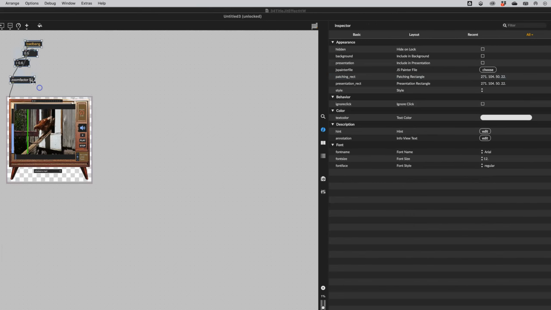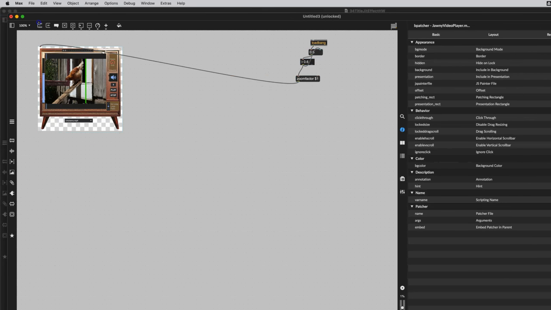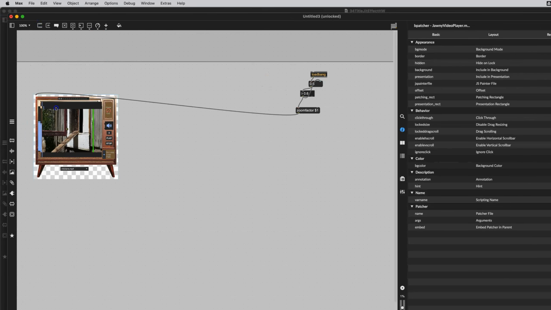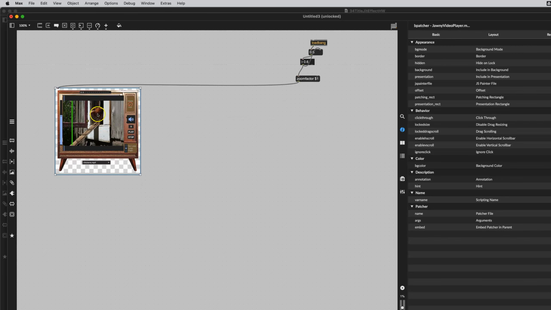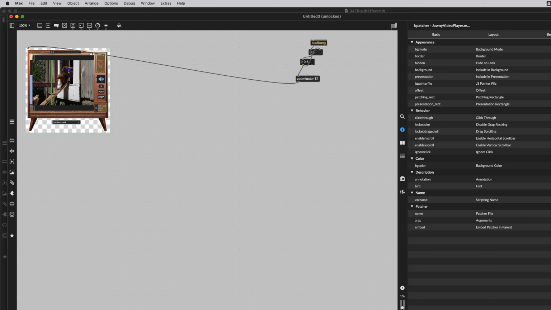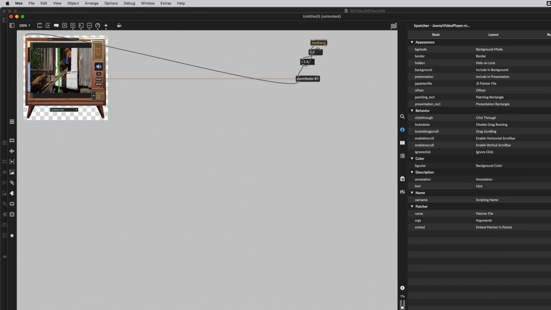Maybe we'll start arranging this thing the way we imagine it. So now we have this, whoops. Oh, I hate that. That's the line that shows you where the edges of your patcher are. So there we go. Imagining that our TV is going to be sitting here,